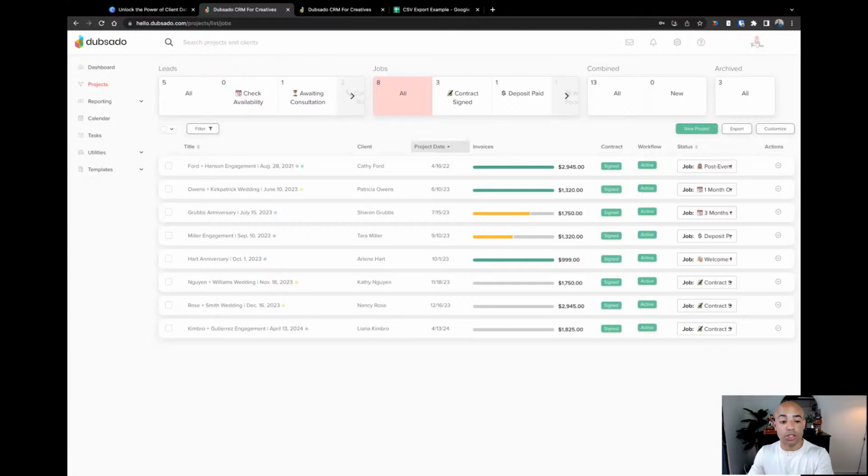But before I do that, some homework for you. If you're saying this all looks really great, but right now my projects page is an absolute disaster, what can I do to fix all of this? If you have a lot of projects on your projects page that are unorganized, we do have an option over here. If you see these little check boxes, you can actually highlight these.